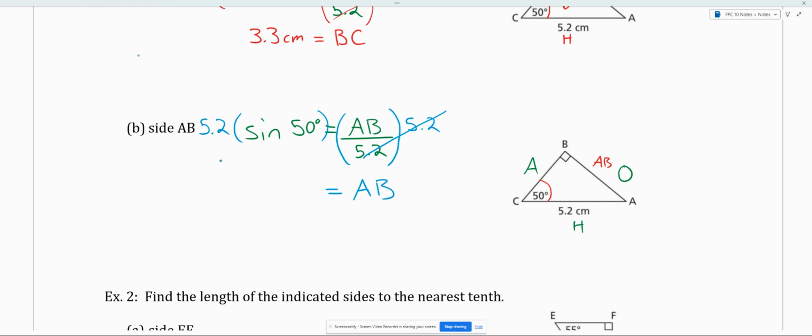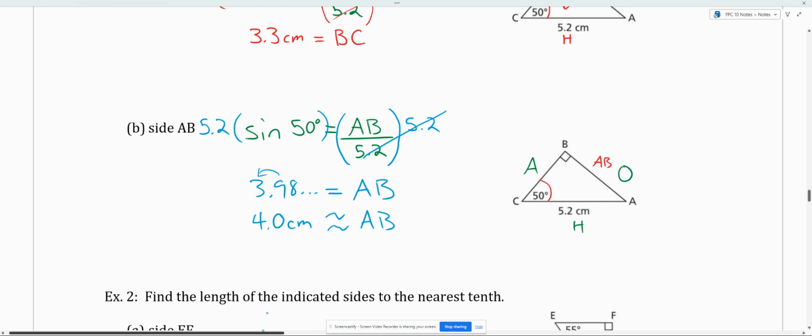And when I put this in our calculators, we are actually going to get approximately 3.98 and a bunch of decimals. And we're going to round that, of course. So side AB is equal to, we need to round to the tenth. Let's erase that before I forget. We have to round to the nearest tenth. Well, this 8 tells me to round up the 9, which rounds it up to 10. So we're going to actually round this all the way up to 4.0 centimeters. All right,